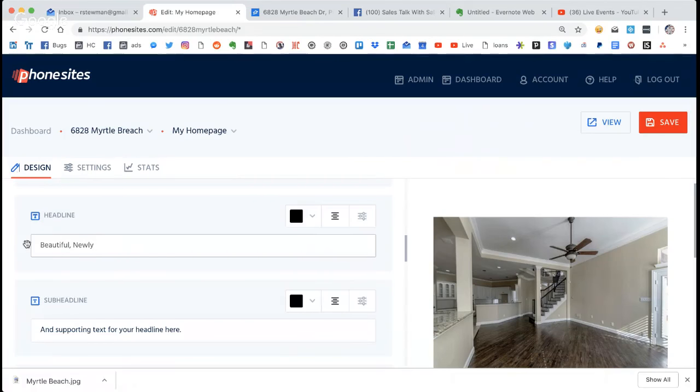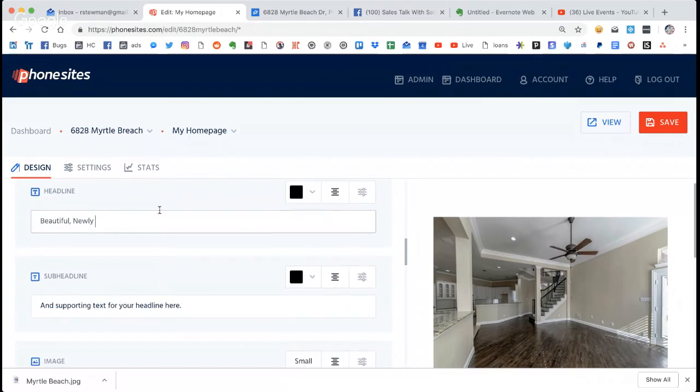This is the hardest part, creating the offer. A lot of people think it's difficult to build a website, but the hard part is creating a good offer. So we've got to think, this house is in an old part of town. It's newly remodeled. You can see that it's got wood floors and everything else is totally up to date. So we've got to think of a headline that, if people are searching in that part of town, we're going to hit them up. So, newly